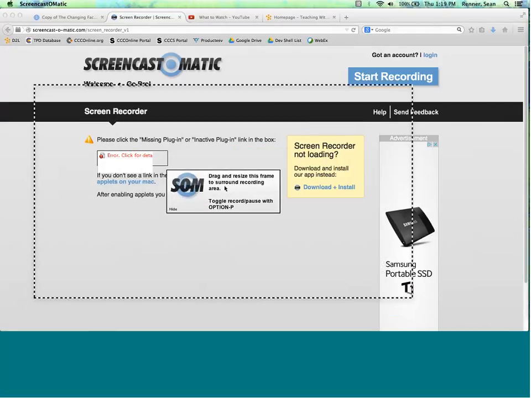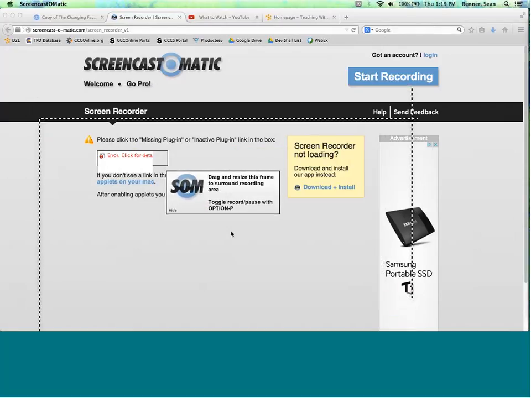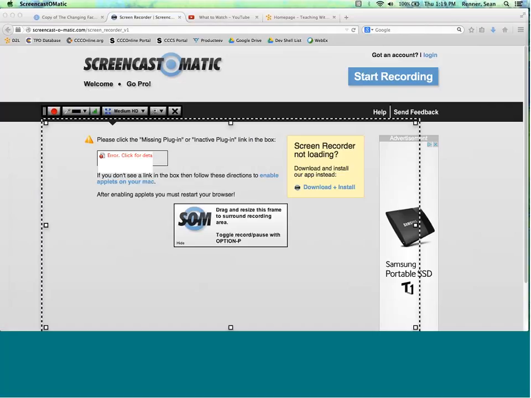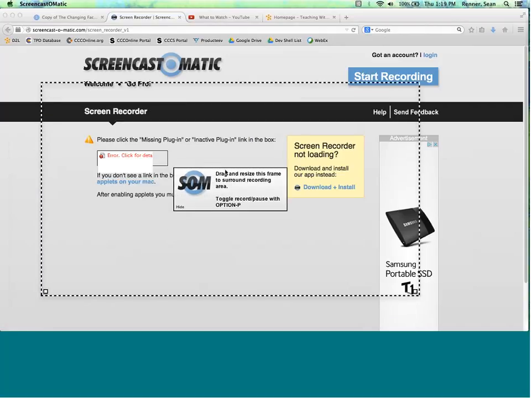But the really important thing to remember here is that just what I showed you, going to their first screen there, clicking on that Start Recording, and then clicking on that Use Version 1.0, if I didn't get this error just because of my Java situation, this recording screen that we see right here would pop up, and it would look exactly the same, except it would just be using Java on your computer, so it would just be using it from the internet.